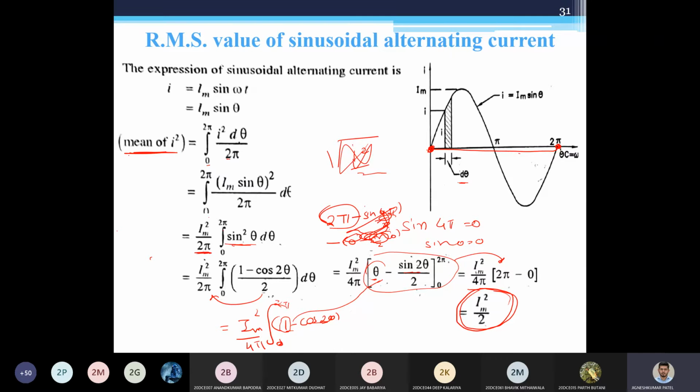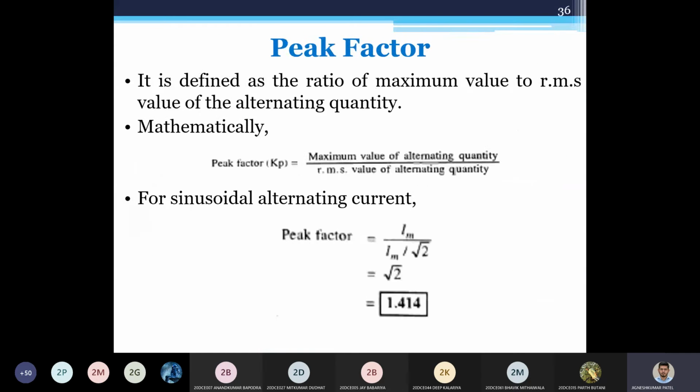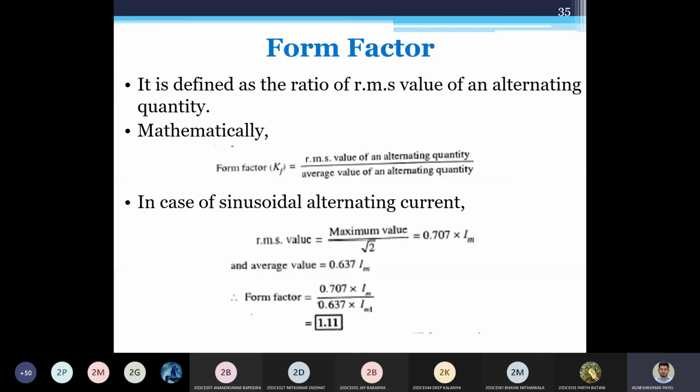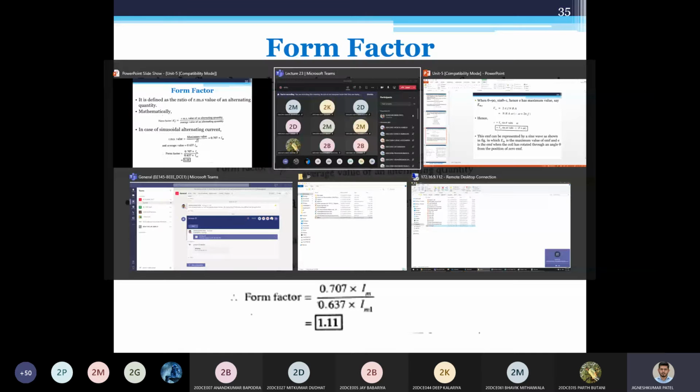So if this kind of distorted waveform is available with you, it would be very difficult to find out the RMS value using this equation. So what we basically do is, we first calculate the average value because it is very easy to measure. We just have to let the charge pass through the circuit, and we can easily calculate the charge based on the current over the time. And then from that value we find out this value, because there is a clear relation between these two. What is that relation? We are going to see that relation in this equation. This is the relation between those two values. It is known as the form factor.